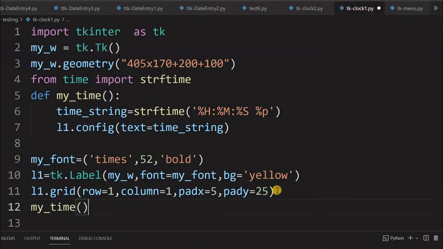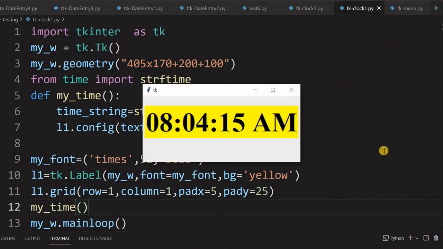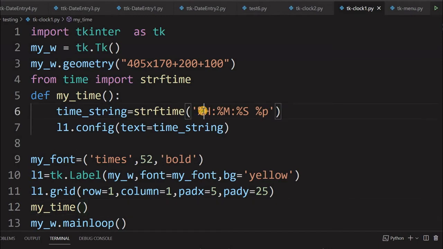Fine. But will it change? No, it will not change. Let's see that. I have just called it, so it should display the time, but it will not change. You see, it's displayed the time, but it's static. It's not changing because the function is called one time. Now I have to call it again and again to display the change in time. Every time, this line will take the system time, hour, minute, second, and display it. But it is doing it one time. I want it to self-sustain, so it should run itself.